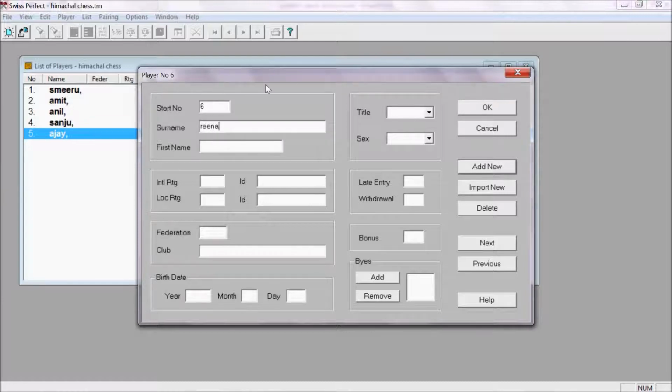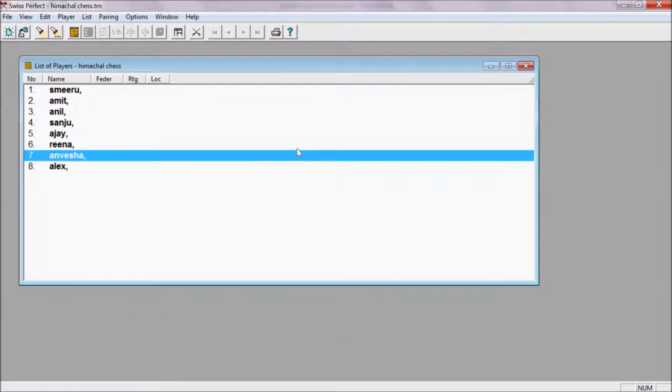For example, there is a female also, so you can type female. Add new. So 8 players have been entered, only one name is left. For example, I entered Alex. Okay, so there are only 9 players.